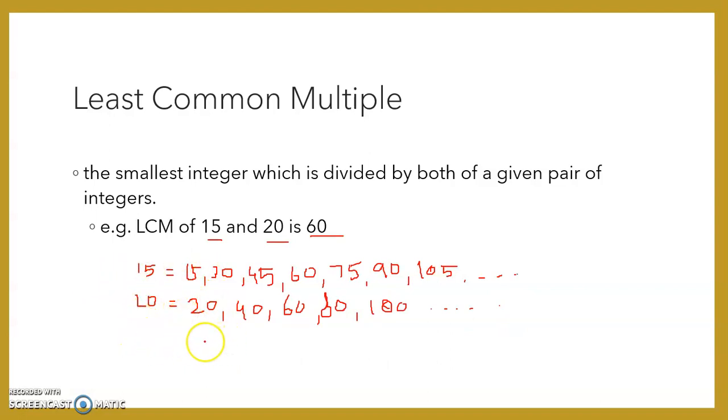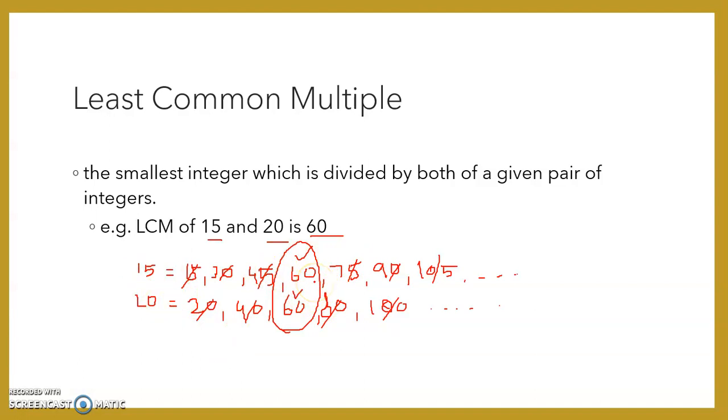Now from the tables we need to find out the common multiples, the numbers which are common in the table of 15 and the table of 20. So these are not common: 15, 30, 45. Okay, 60 is common. So 60 is there in the 20 table also. So these are not common, but 60 is common. Again, if you go further, you will find these are not common numbers from the tables. So there is only one number which is common in both the tables, that is 60. So we can say the least common multiple is 60.